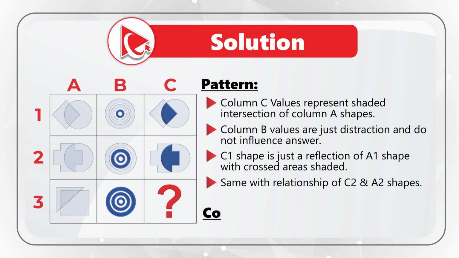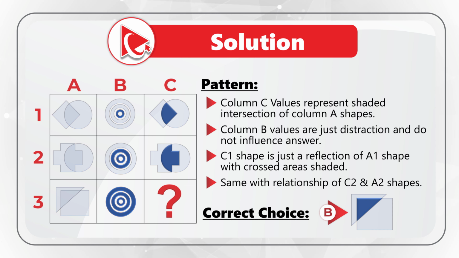Considering this, the correct choice here is choice B, where triangle and square are intersecting, and there's a shaded gray